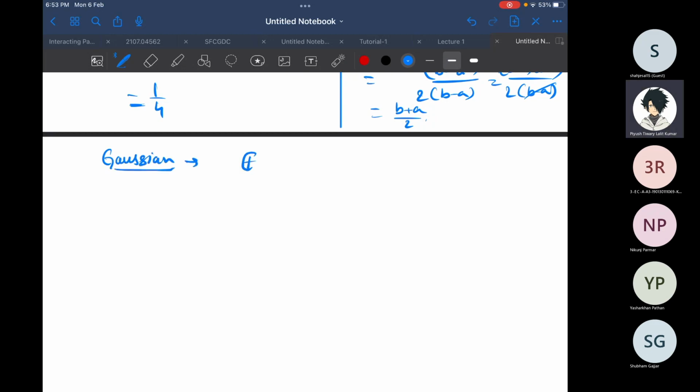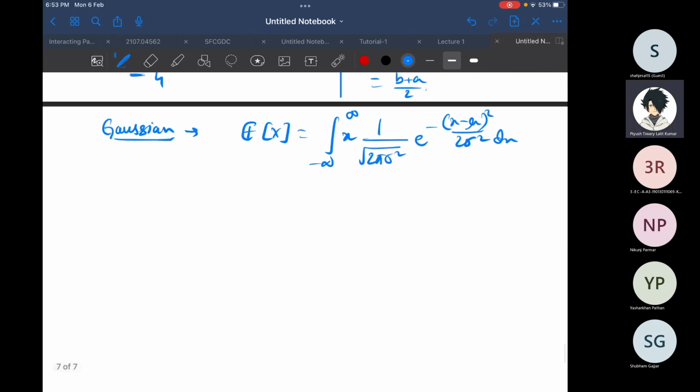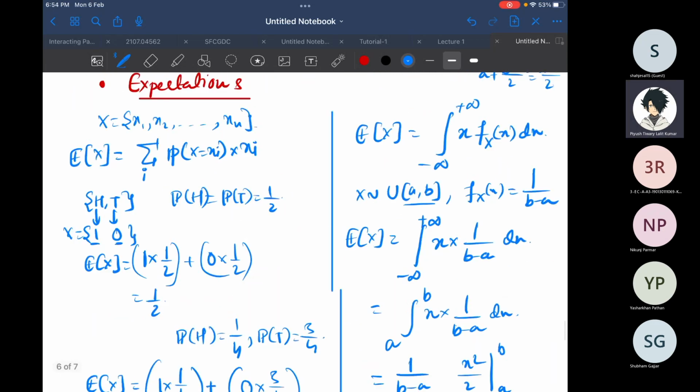Okay, what will be the expected value of x? So this will be the integral of x times 1 by root 2 pi sigma square e raised to minus (x minus mu) whole square by 2 sigma square dx, from minus infinity to infinity. So I am just writing this down. It is a simple integral and mathematics. I don't want to bore you with it, but this will come out to be mu. And that is why people call this mu as the mean. So the expected value is in some sense nothing but your mean. Okay, that is what it is.